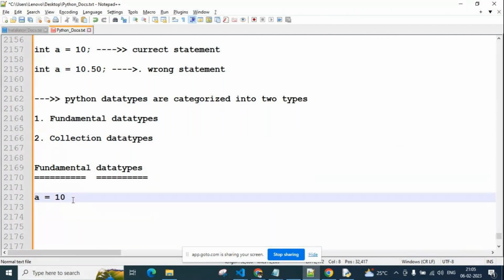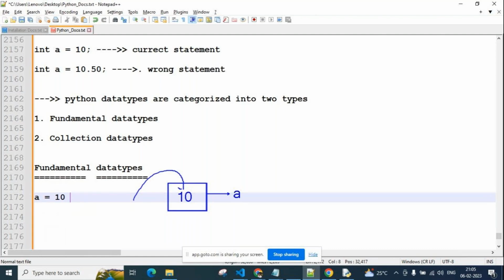Okay, na? So for example, this is a memory. In this memory only one value is there, that is 10. This 10 we are representing to this memory, we are representing to a variable. So this a is a variable, this variable is holding this memory. In this memory how many values can we save?